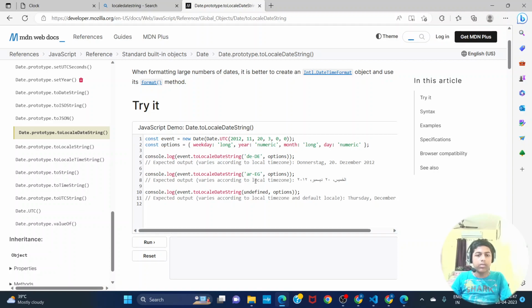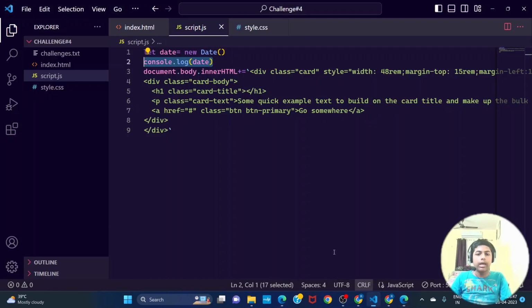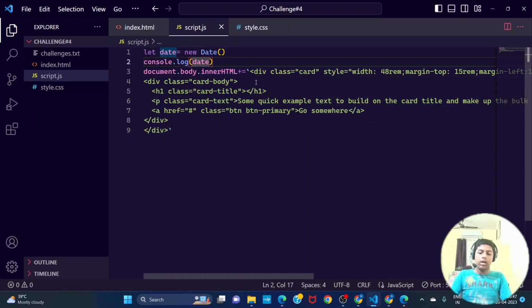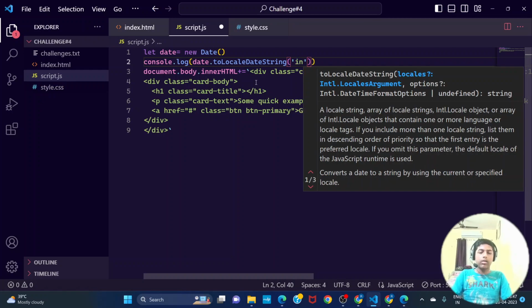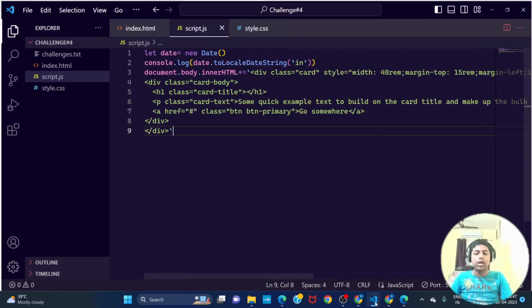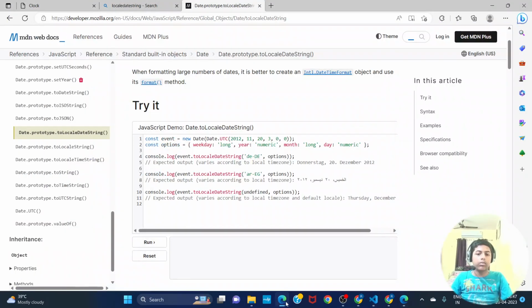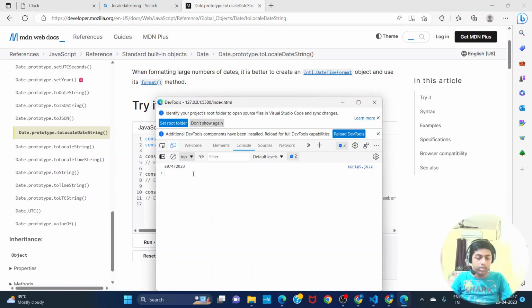We can use something like new date to local date string, right? So let's say date dot to local date string, and let's save this. Now if I go back here to this place, then I go